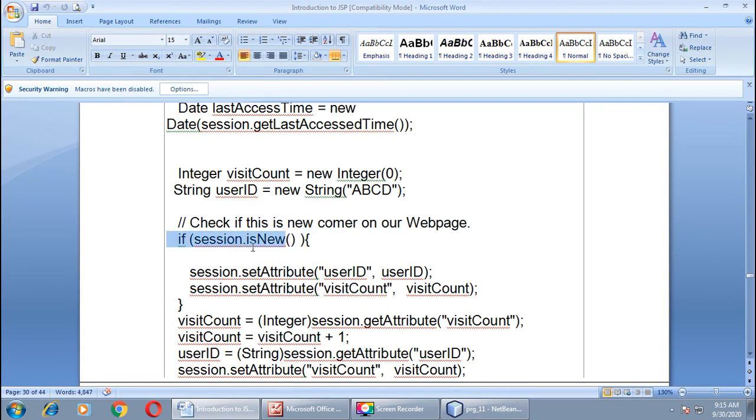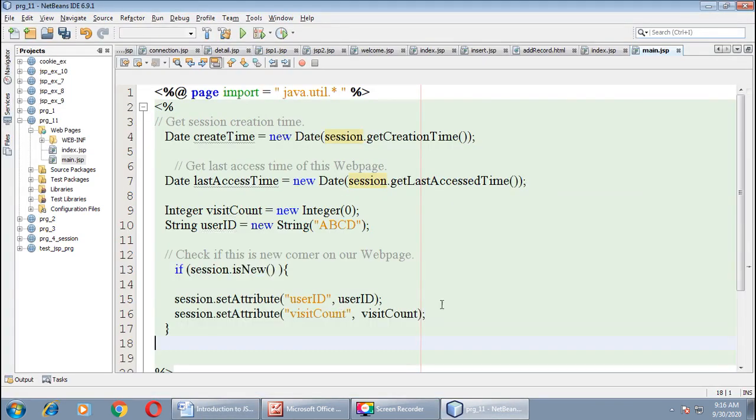As you know, this method always returns a boolean value, either true or false. If it returns true, it means the session is created for the first time, the client is accessing the web page for the first time.